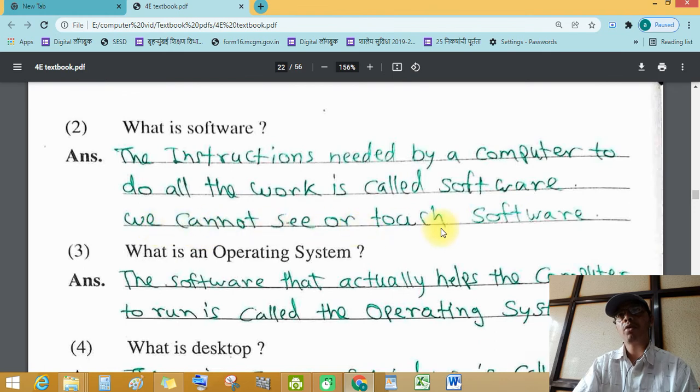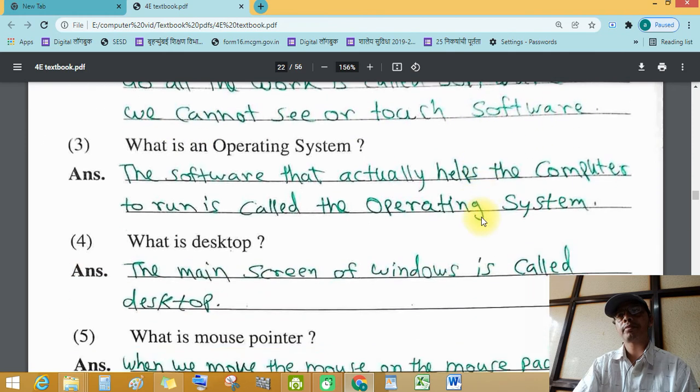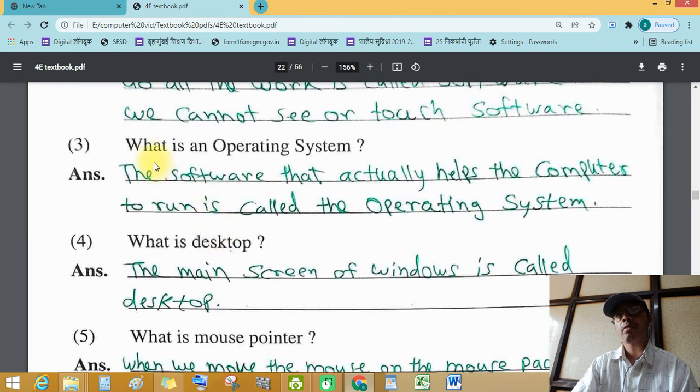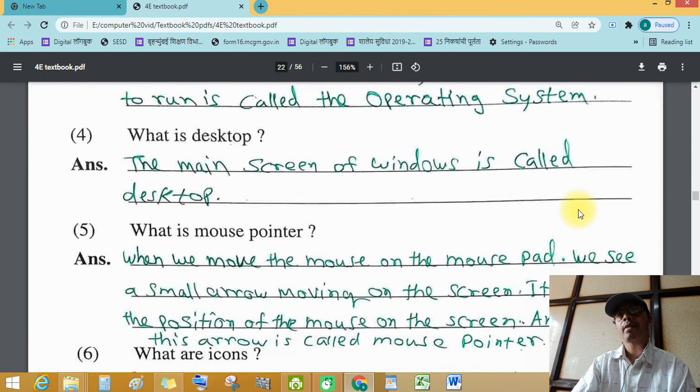We cannot see or touch software. What is an operating system? The software that actually helps the computer to run is called the operating system. What is the desktop? The main screen of Windows is called the desktop.